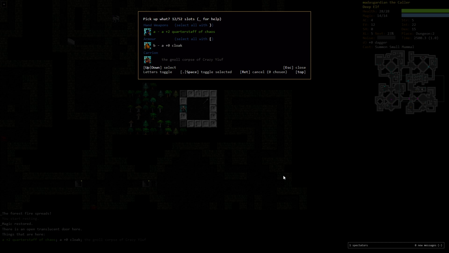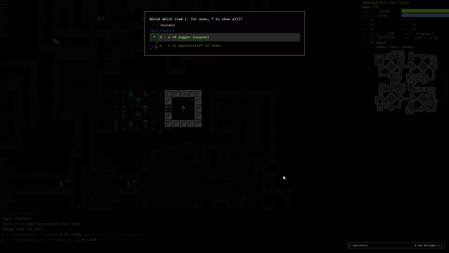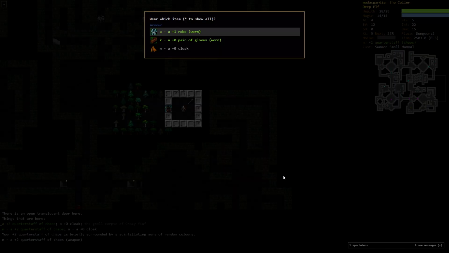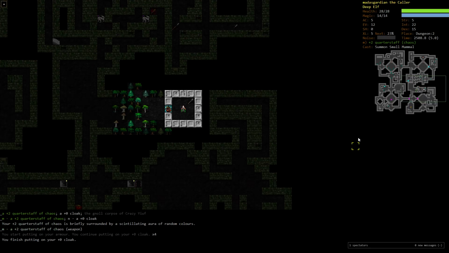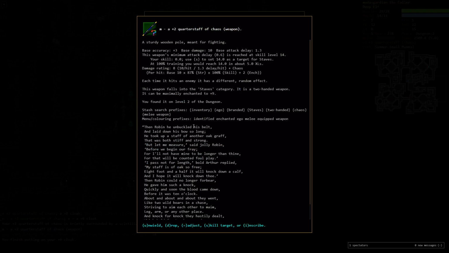So he had a cloak and a Quarterstaff of Chaos. We're going to take both of those. Haven't really done much with staff, so we can switch to the staff. And then to wear things is Shift W. And we'll add the cloak. That gives us another point of AC, and you can see it kind of crudely shows what you're wearing. So if we look at the Quarterstaff of Chaos,